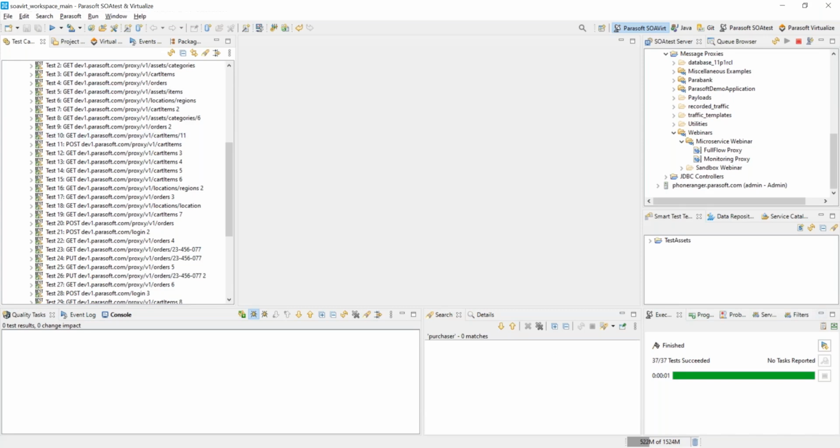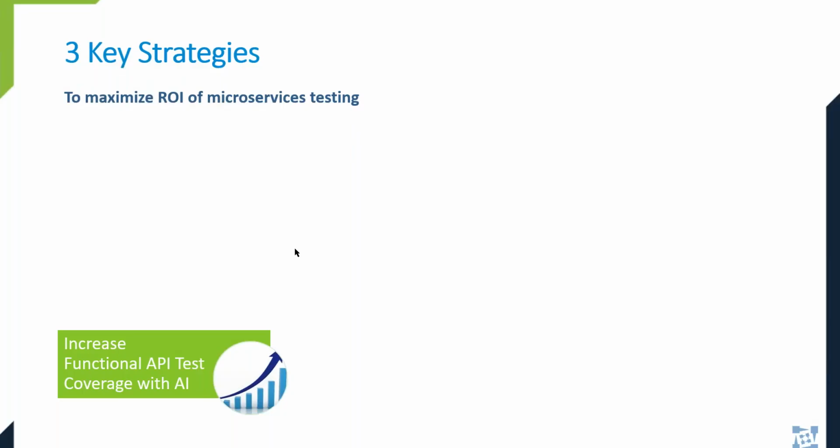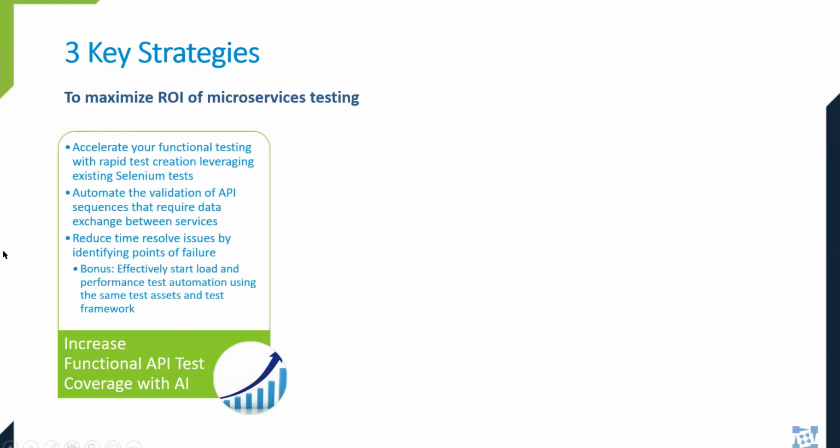Back to you. Wonderful. Thanks, Wilhelm. All right, let me go back here to the presentation. So great demonstration on that, Wilhelm. Thank you so much. So in this first key strategy, what Wilhelm showed us was the ability to rapidly build API tests. In the case that you saw, Wilhelm leveraged an existing Selenium test that he had to extract out those APIs. And what that does is it helps us to not only understand the APIs, but through AI to automatically create